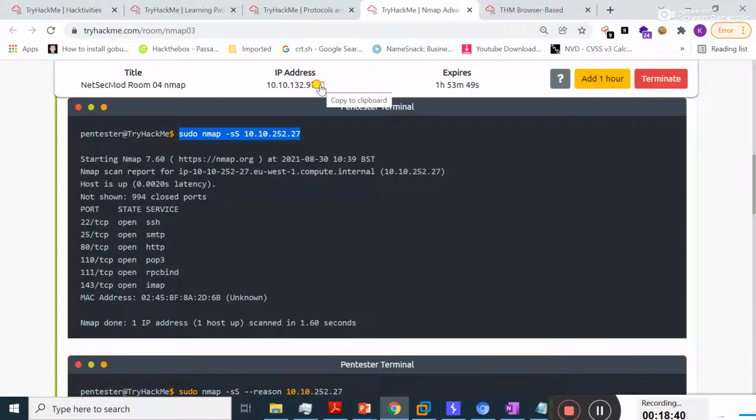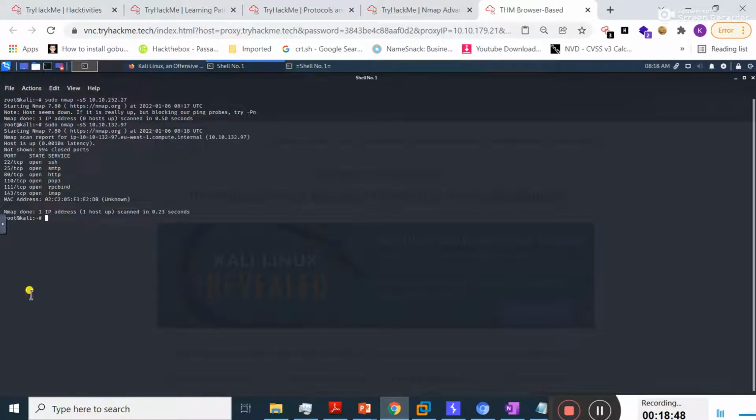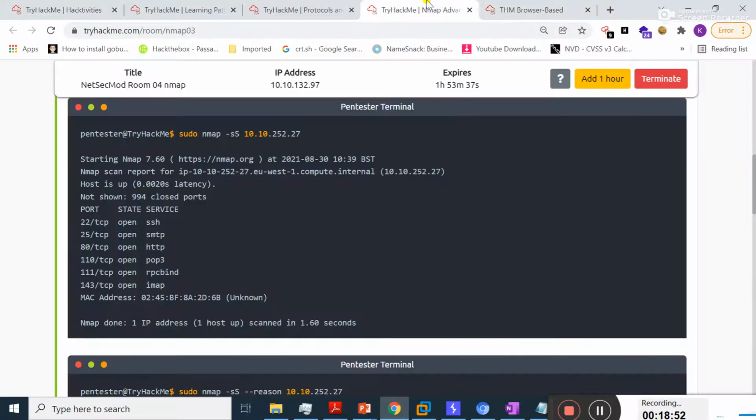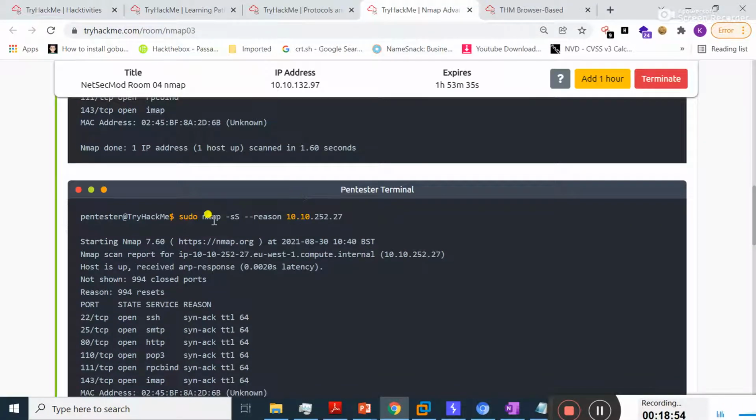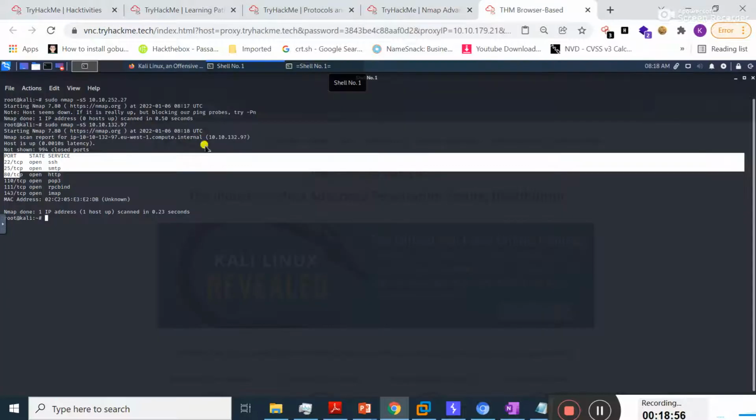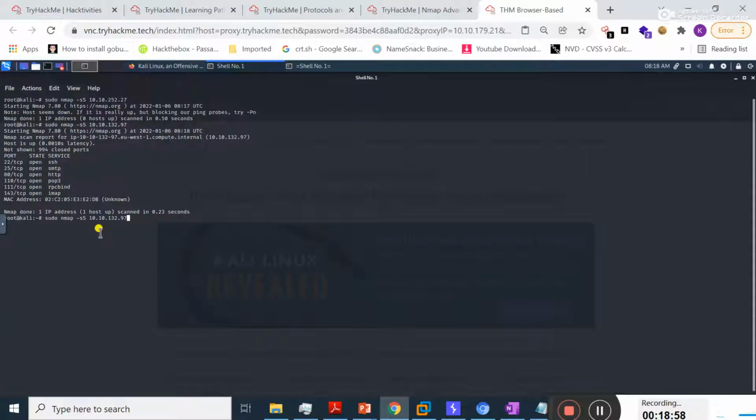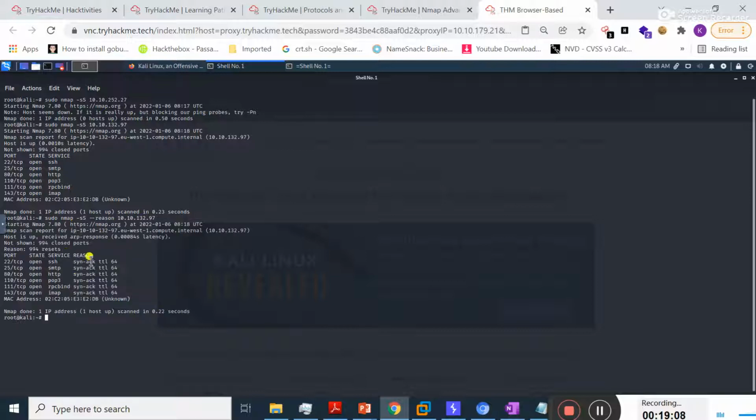I should specify this target machine and hit enter. See here, it displays the port number, its states and services. And now if I add this switch, that is --reason, definitely now it will display the reason to me as well.